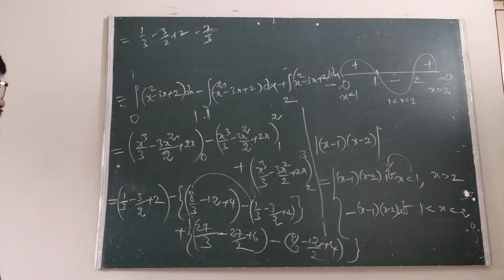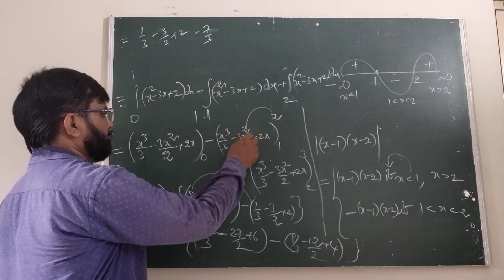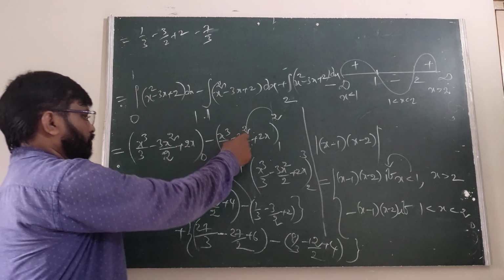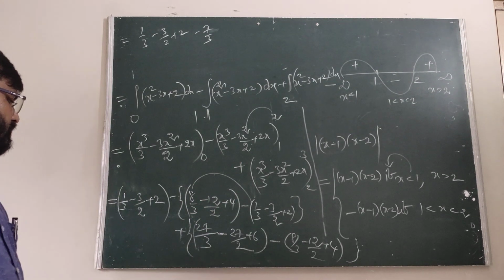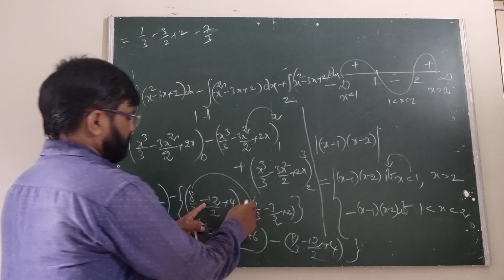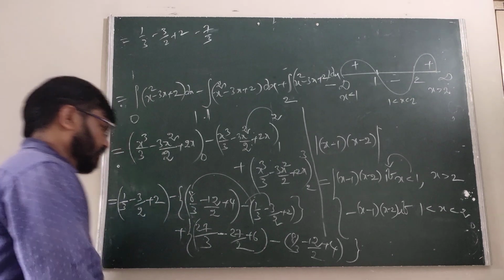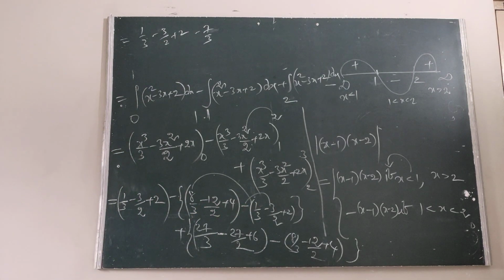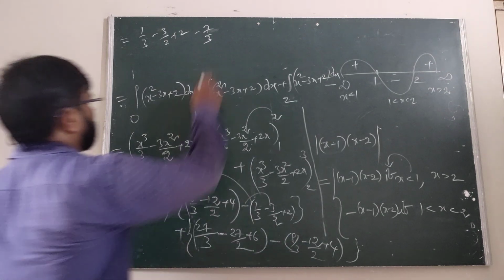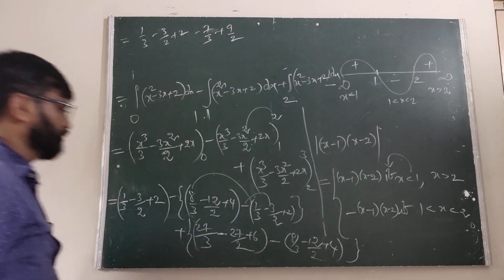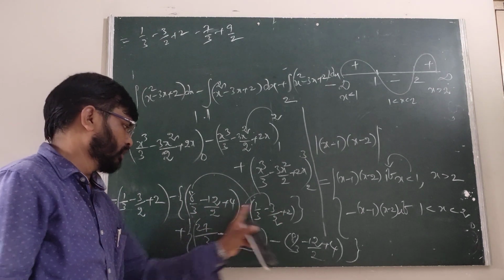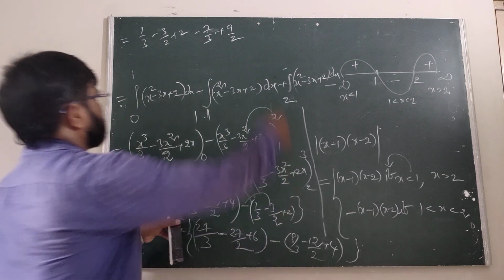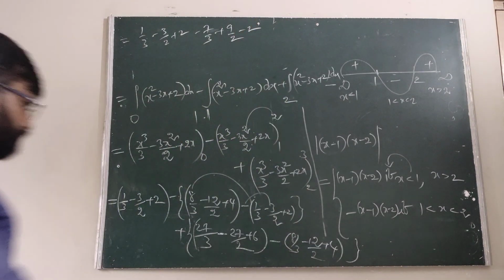After that, when we substitute, 4 3s are 12 by 2. Okay, a small mistake is there. This is 4 3s are 12 by 2. After that, this is the minus of 12 by 2, minus of minus plus 3 by 2. Therefore, now we got minus 12 plus 3, which is 9. Therefore, minus 9 by 2, minus of minus plus 9 by 2. This is 4, this is minus 2. 4 minus 2 is 2, so minus of 2.